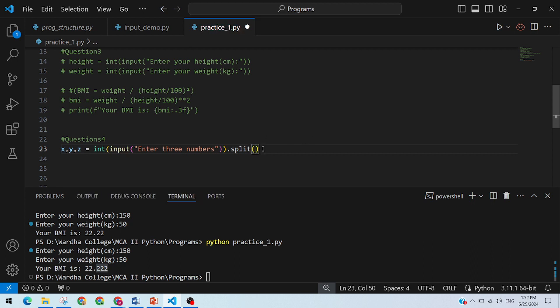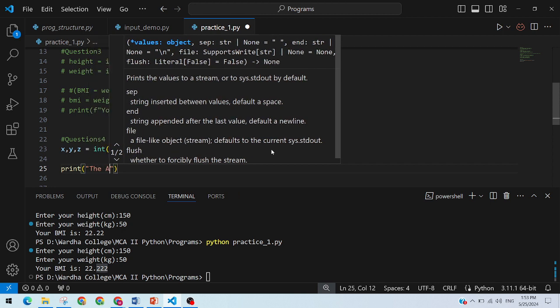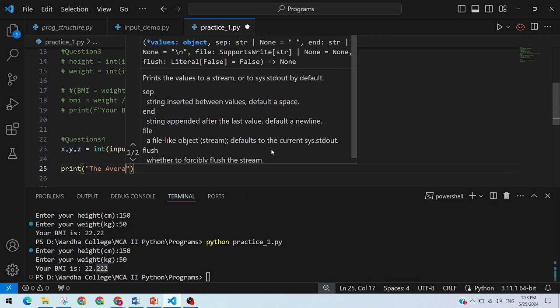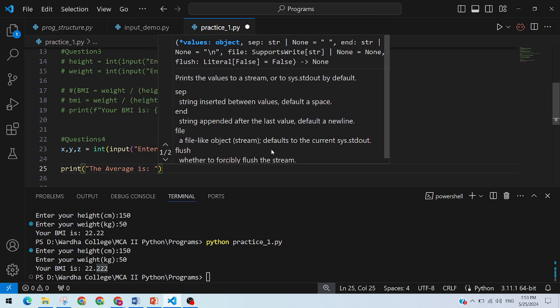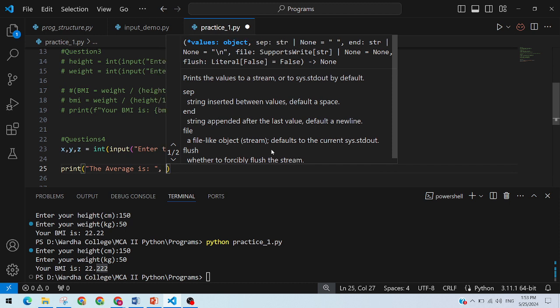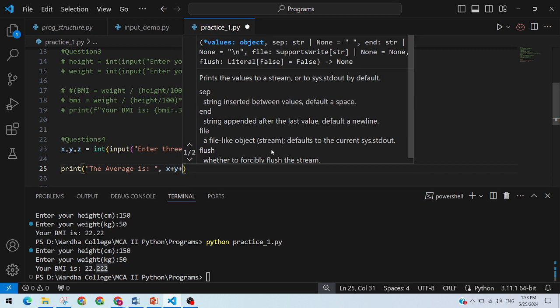So split will split your input value into three different numbers, and it will store it in x, y, and z. Okay, and now we can directly print out its average, right? The average is, कैसे निकालते हैं एवरेज? एडिशन ऑफ होल नंबर डिवाइड बाय 3. x plus y plus z